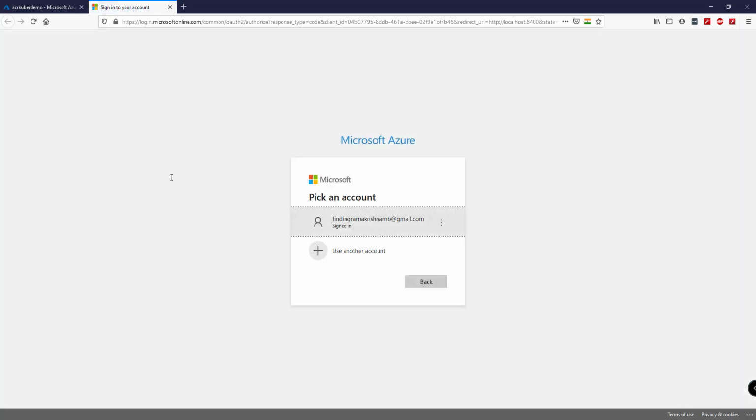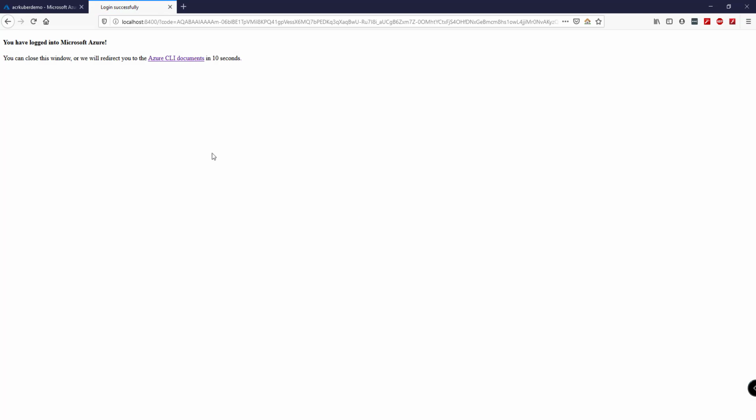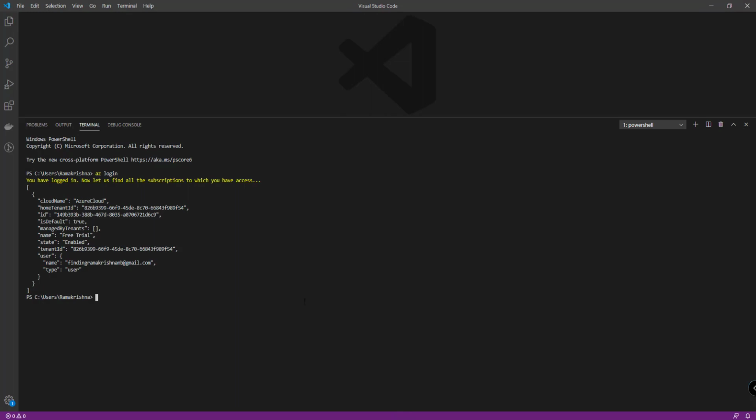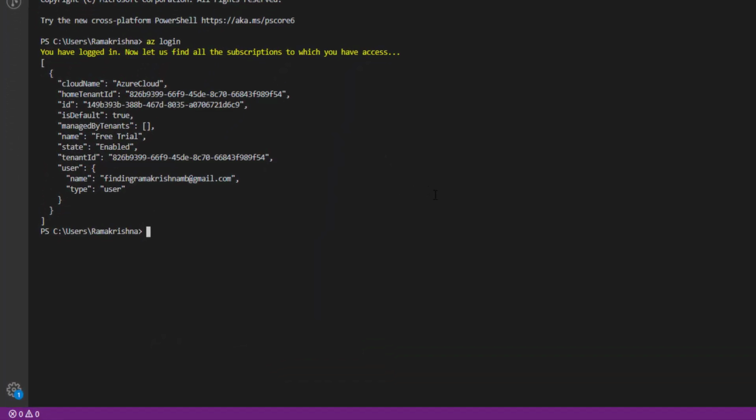It will redirect to the browser to sign in. You can see that we successfully signed in. You can close this window, or it will redirect in 10 seconds. So we can close this window and switch back to our terminal. As you can see, we are successfully able to log in.